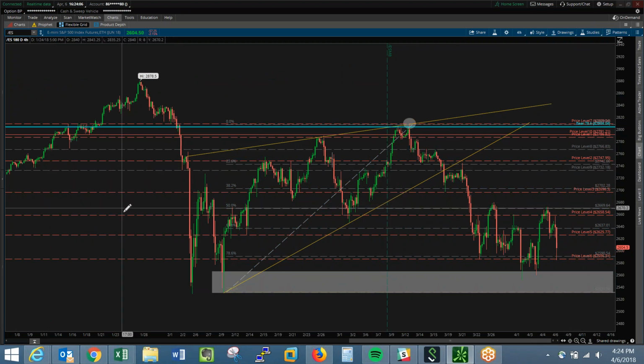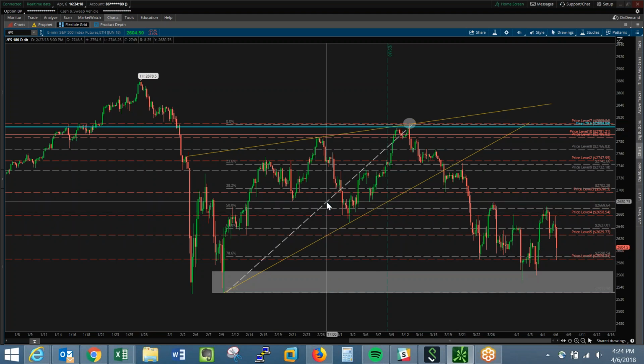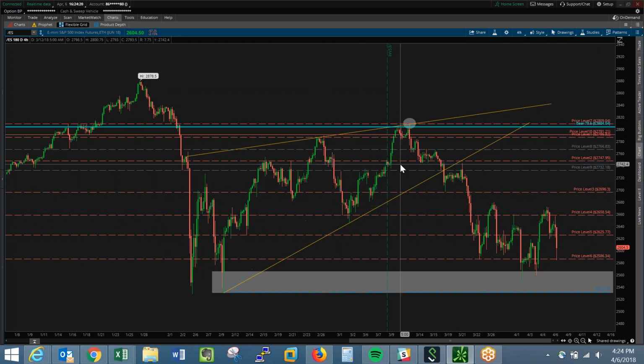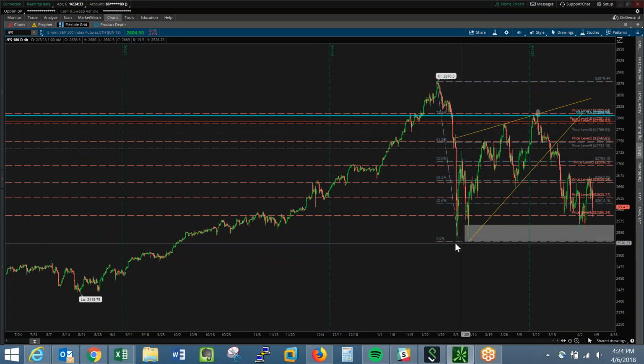So let's see, here's our 50, right around decent structure. Here's our 61.8, right around decent structure. And here's our 78.6. I'd say that 78.6 is a good stretch goal, especially considering we had a perfect fill of that 78.6 going to the other side. So if you're thinking in terms of completions, right, and extensions, which we haven't gotten to yet,